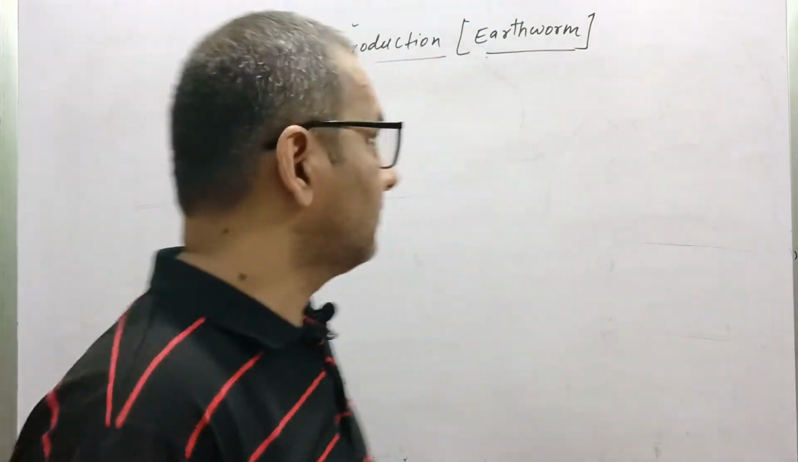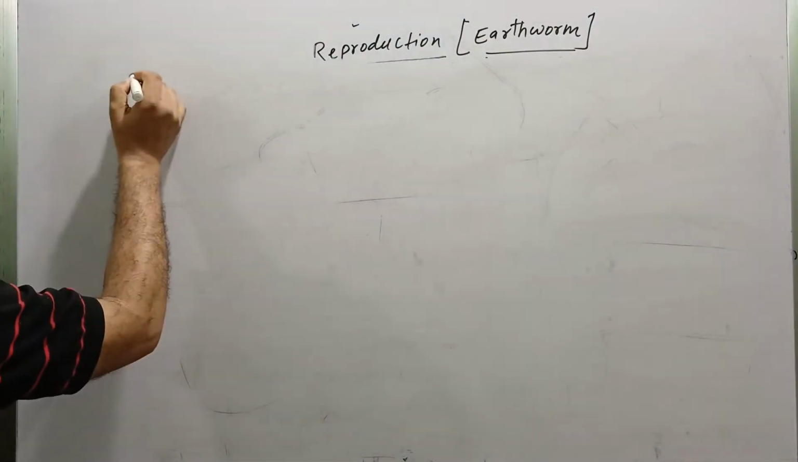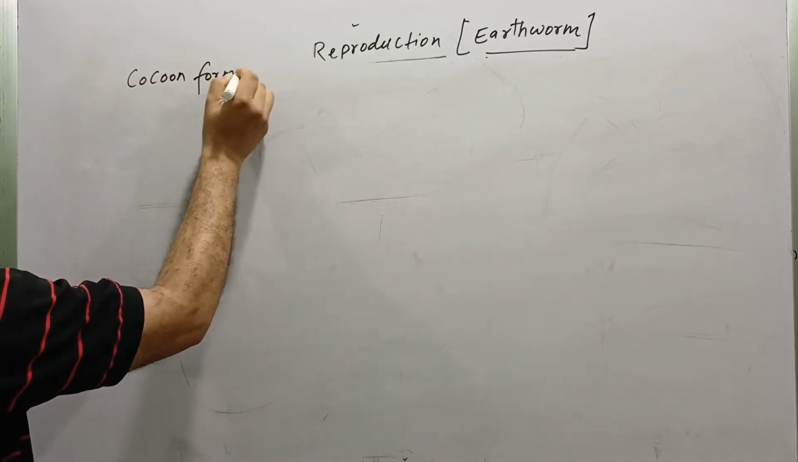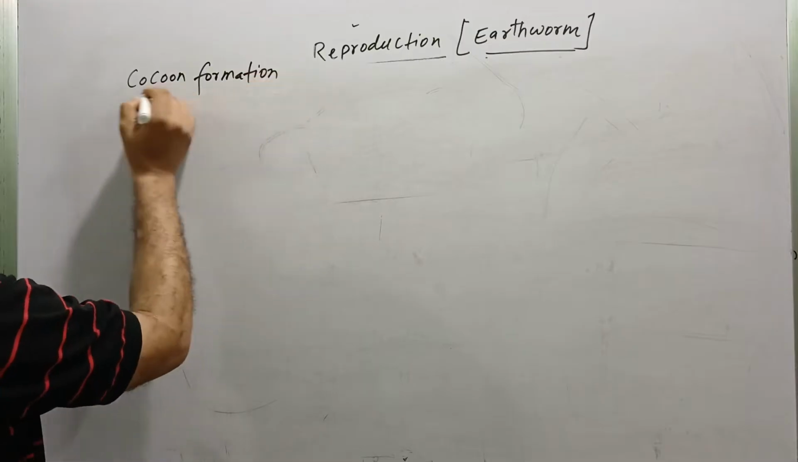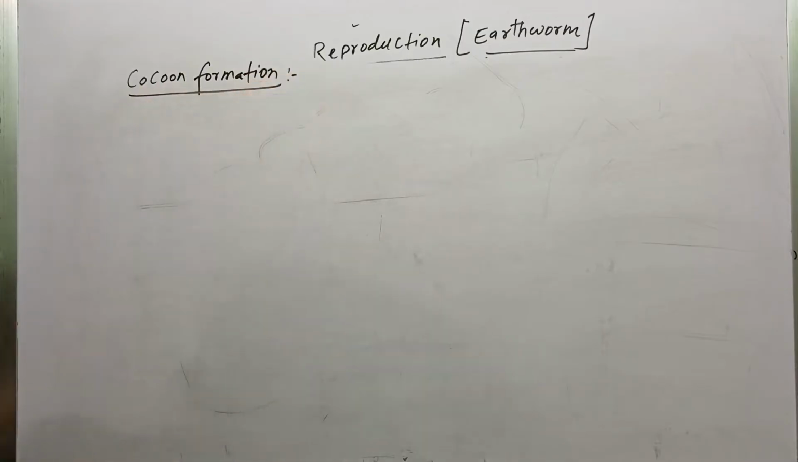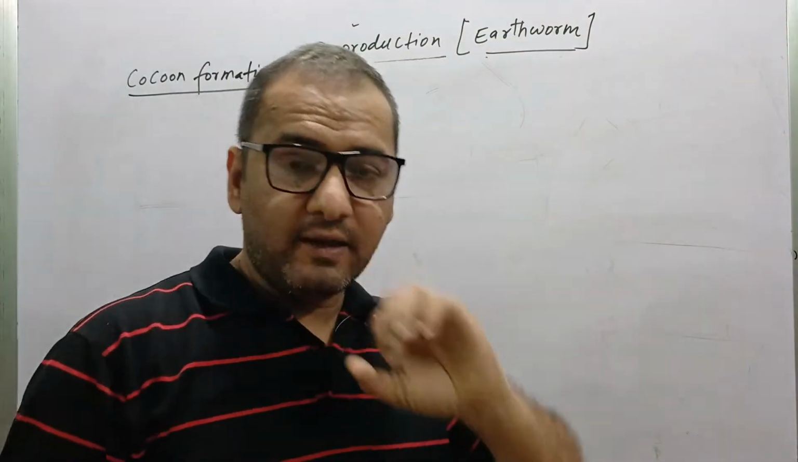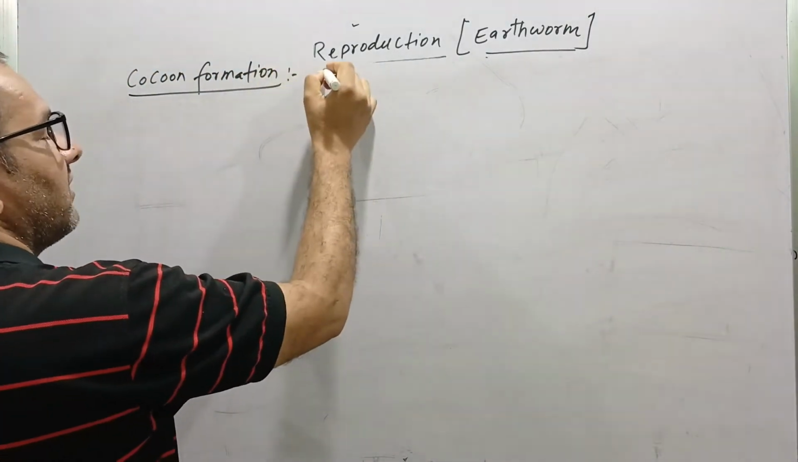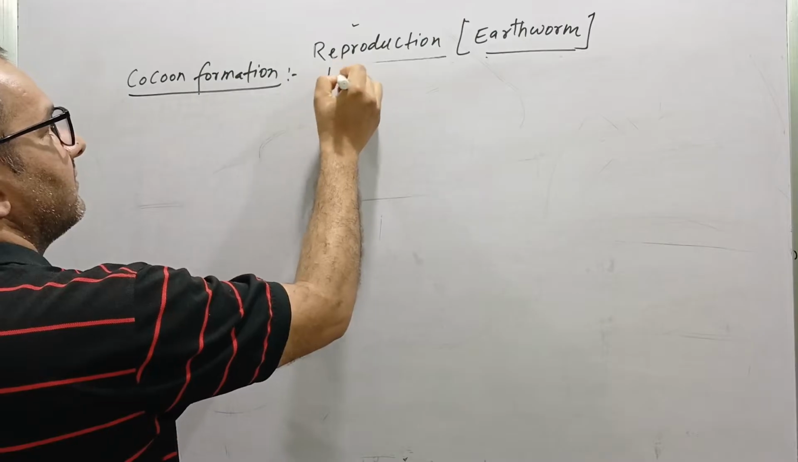Now we read about cocoon formation in earthworm. Cocoon formation. The process of cocoon formation takes place after copulation. The first thing which we have to know is that cocoon formation takes place